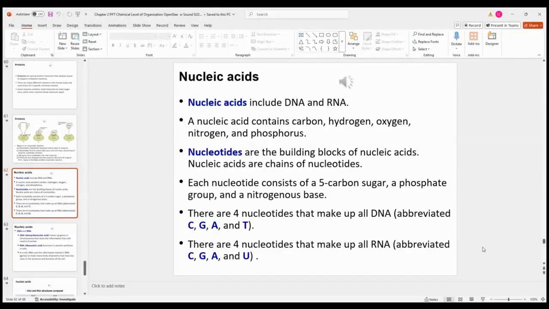Anybody having trouble getting started? Were you able to find your specimen and put this